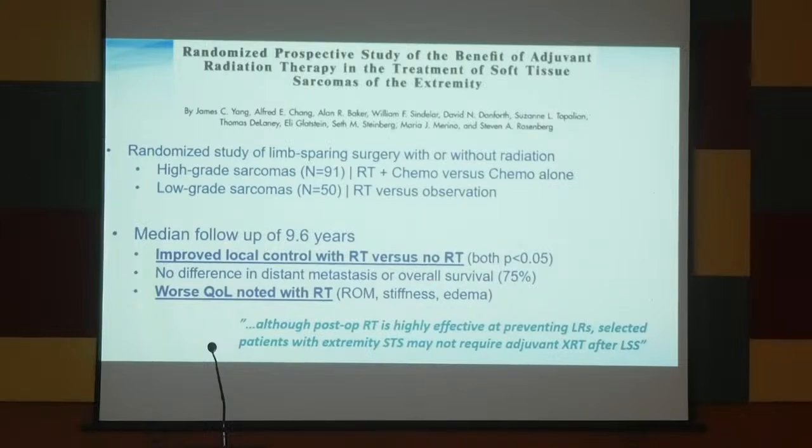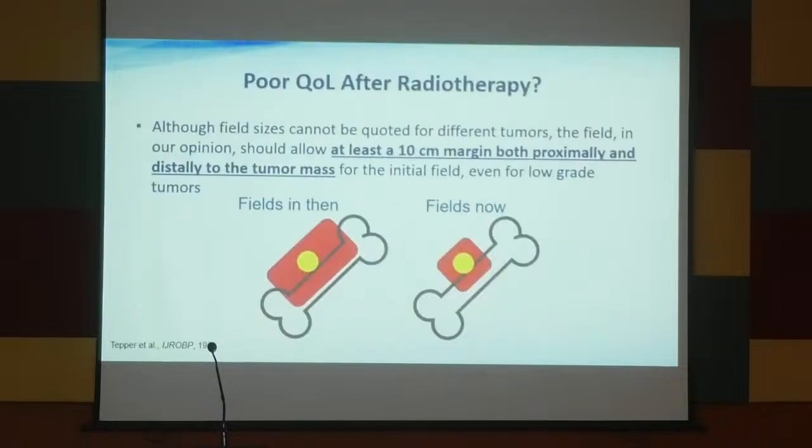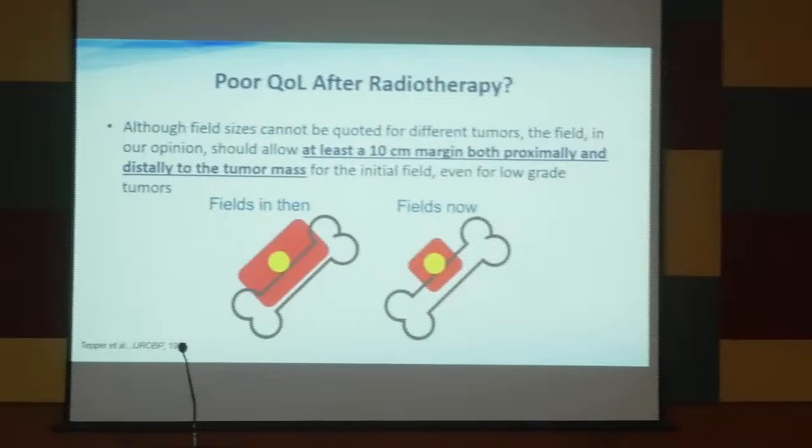রেডিওথেরাপি দেওয়ার দরকার, এগুলো সব করার দরকার নেই। 10 সেন্টিমিটার মার্জিন দিলে ভালো হয়, both proximally and distally, টিউমার মাসেস করলে বেটার রেজাল্ট। ফিল্ডস নাও আরো ছোট হচ্ছে, বাট উই আর কম্প্রোমাইজিং অন দ্য কোয়ালিটি। আরো বেশিবার করে রিভিউ, পেশেন্টকে রিভিউ।